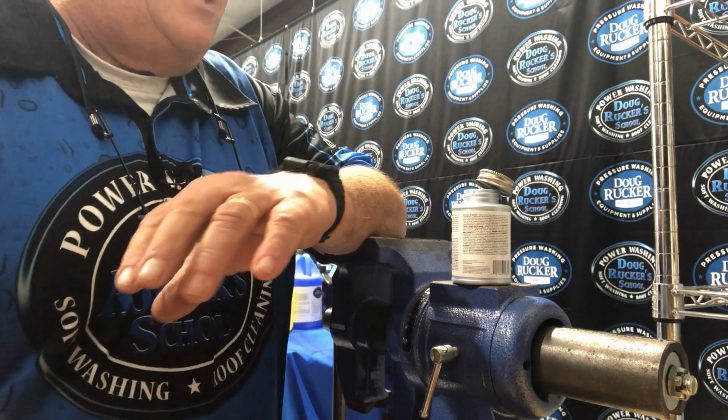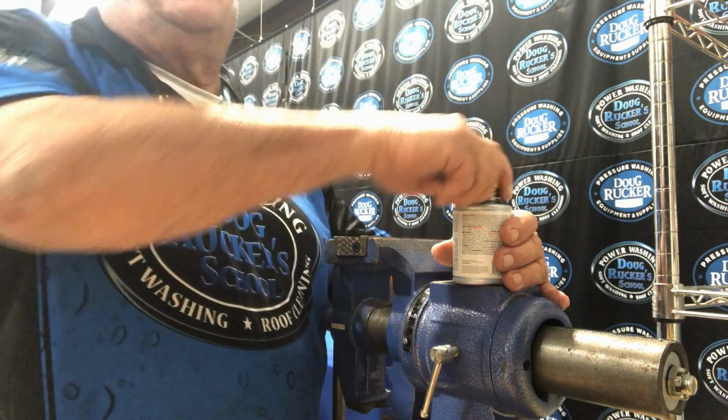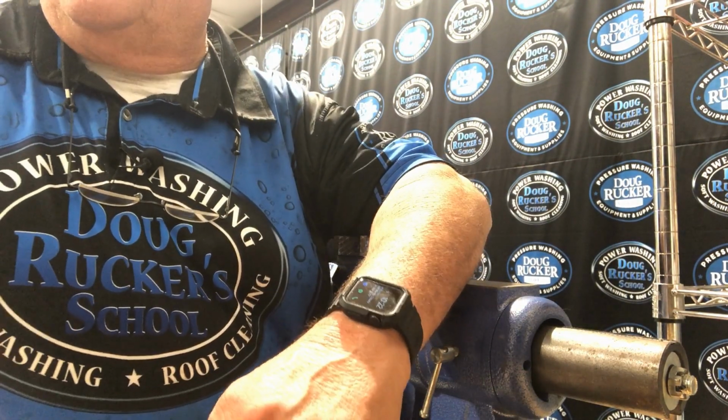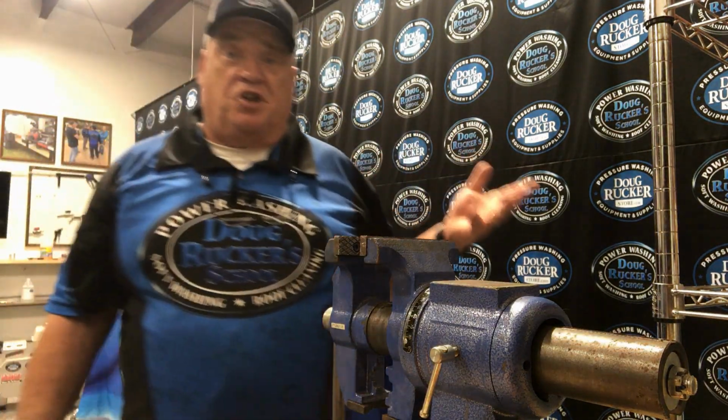Very simple, easy setup. Like I said, you can get these ready to use, or we build them for you. You pay a little extra for that, or you can buy them DIY. We just send the guns and the fittings, and you put them together in your own little shop. Good thing for you to learn how to do that